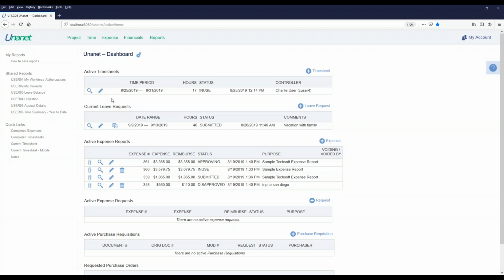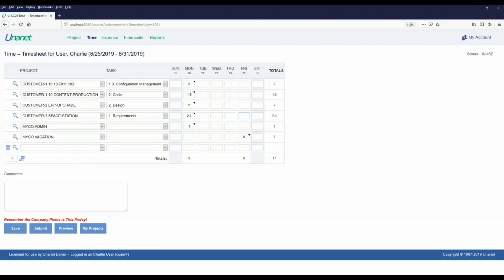We're not cluttered here with lots of charts and stuff. This individual has their timesheets, any that are currently in use or being processed in the approval process. They have any leave requests that they've submitted that are still waiting for approval, expense reports that are in the pipeline. By the way, over here they can see any timesheets or any expense reports that they've ever submitted and completed. They can see all that history. But right now, all that's going to be shown to them on their dashboard is those things that are, quote unquote, live. And if they go into a timesheet, you'll see what is basically a pretty straightforward